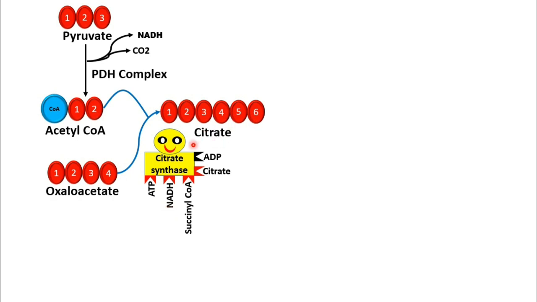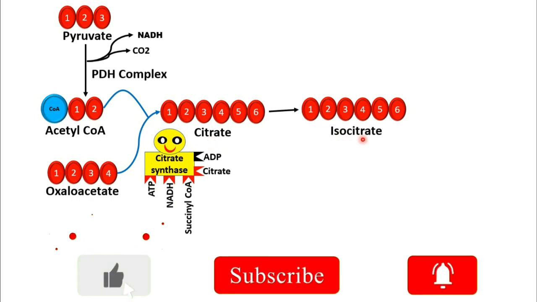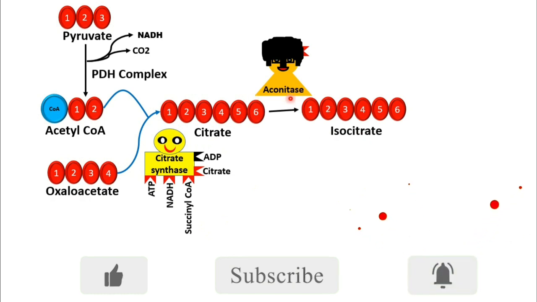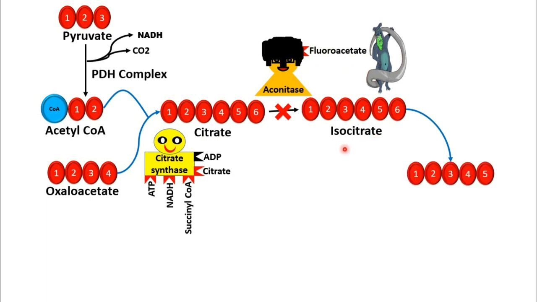Then citrate will be converted to isocitrate by the enzyme that is called aconitase. This enzyme aconitase is really sensitive to rat poison. We know that the rat poison contains fluoroacetate. When fluoroacetate binds to aconitase, that will inhibit the conversion of citrate to isocitrate. Then isocitrate will be converted to